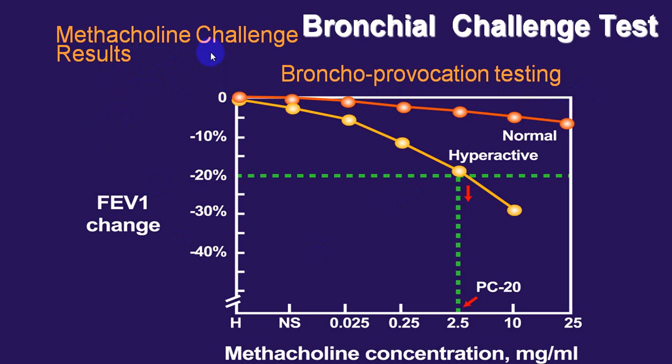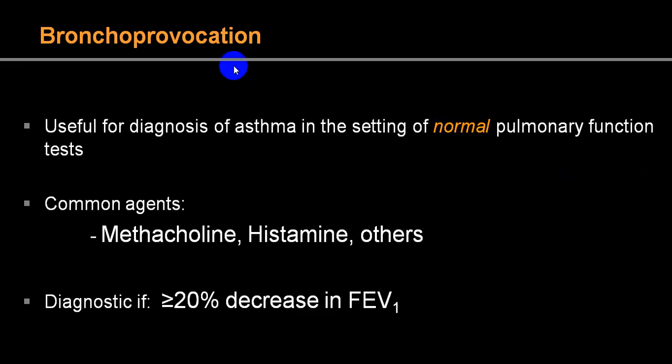And when you give methacholine, there will be provocation of bronchoconstriction, and it will reduce the pulmonary function test. So FEV1 will be reduced, and it will change by 20%. If there is a fall of 20% in PFT, it suggests that the bronchial passage is hyperactive, which is in favor of bronchial asthma. So this is very, very useful in the diagnosis of asthma where there is a normal pulmonary function test.